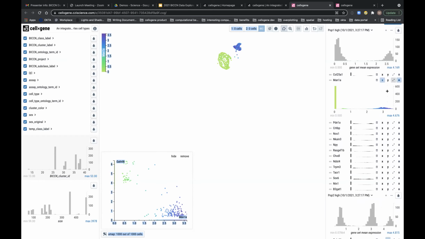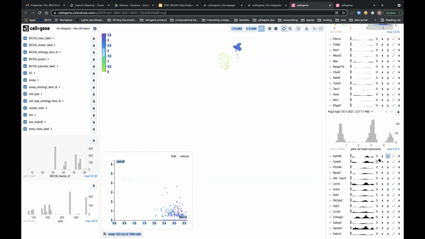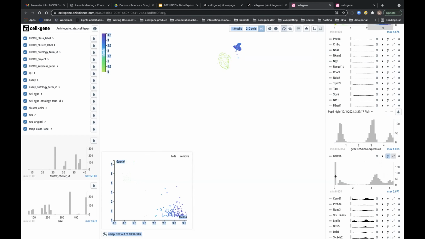For instance, if we wanted to take man1A positive and gal NTL6 negative cells, we can just make that selection on our histogram here. So here I've selected all the positive cells for man1A, and then I'll do the same thing, although the selection is already kind of implied, but I'll just select the 0 population for gal NTL6.